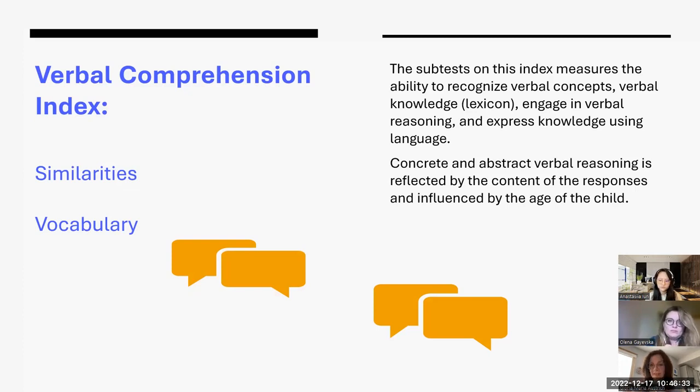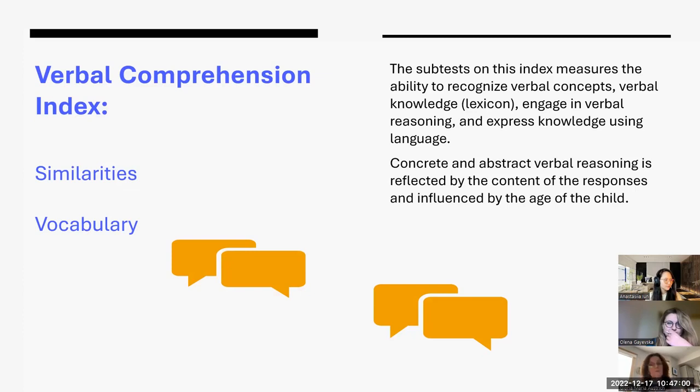So in similarities, this is a subtest that measures our ability to categorize information. The child is given two words and asked, how are these two things similar? A young child would compare, let's say, a table and a chair, and respond with, well, they're both hard. They're both made out of wood. And so that's very concrete. That's really looking at more of the features of the two verbal concepts. Whereas,